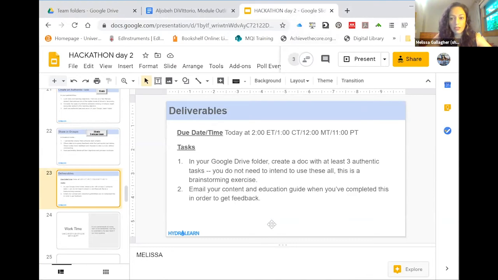So we'll move into our partner work time now. What I'd like you to do is to come up with at least 3 different authentic tasks. They could all be related to the same learning objective. The reason for this is because research on brainstorming has shown that it's not your first idea that's always the best one. So if we throw out a couple different ideas, you might use one of them in an earlier learning activity. You might throw some of them out, but the idea is to get some more authentic